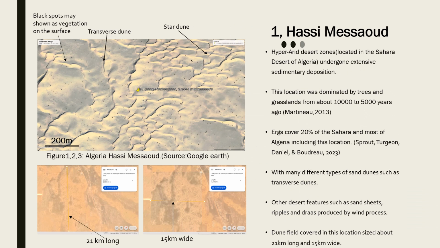The first location is in Hasi Mesod, a hyper-arid desert zone located in the Sahara Desert of Algeria, which has undergone extensive sedimentary deposition. This location was dominated by trees and grassland from about 10,000 to 5,000 years ago. Ergs cover 20% of the Sahara and most of Algeria, including this location, and it has many different types of